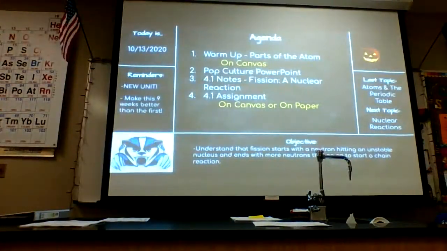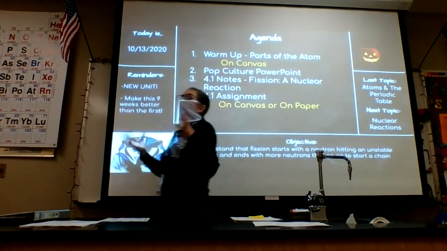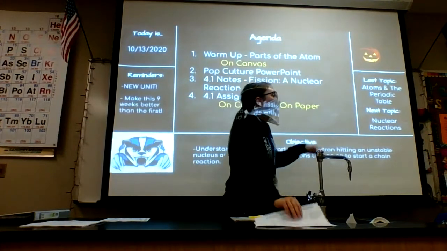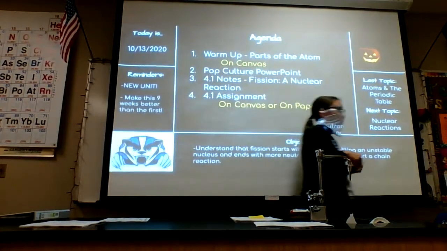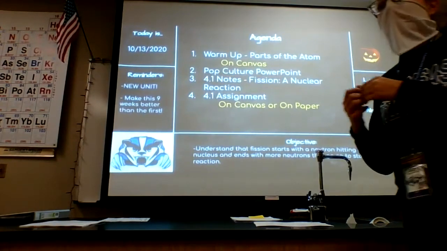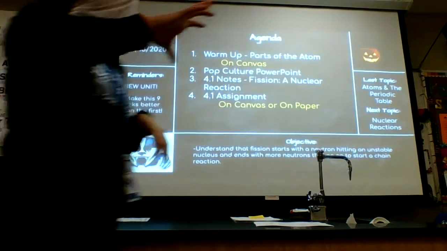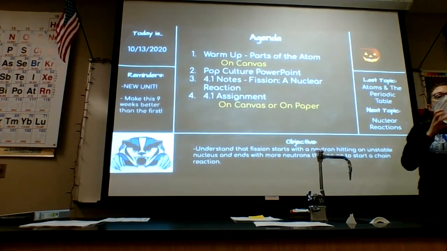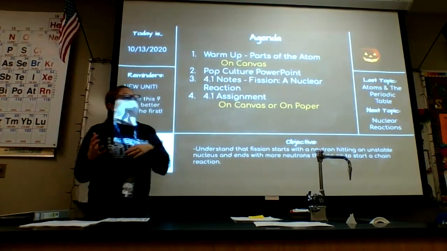All right, in our last unit talking about the atoms and the periodic table, we learned what parts of atoms there are. We know that we have a nucleus, and we have electrons on the outside of the nucleus. Well, now we're going to talk about nuclear reactions. So what part of the atom do you think nuclear reactions deal with? The nucleus. Nucleus sounds like nuclear. So this whole unit, when we're talking about nuclear reactions, know that we're talking about the nucleus of an atom. We're going to be changing the nuclei of different atoms based on what we're doing.